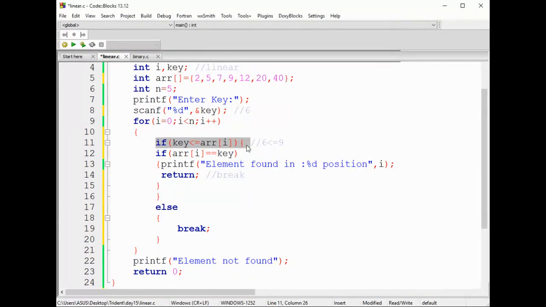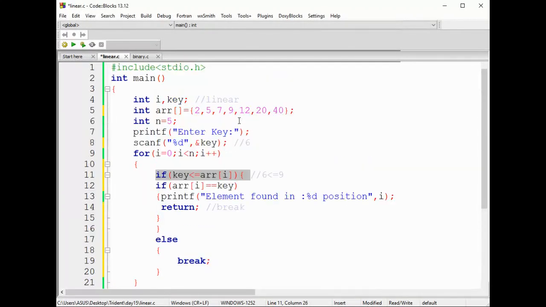This is the one with which you can improvise your linear search, guys. Normally, linear search code can be written either for a sorted array or for an unsorted array. If you're going to write it for an unsorted array, don't include this condition. If you know that you're going to implement your linear search for a sorted array, you can reduce your complexity, where you can improvise your order here.